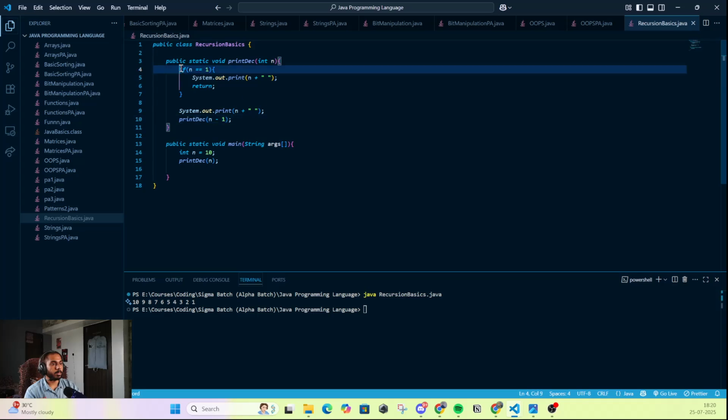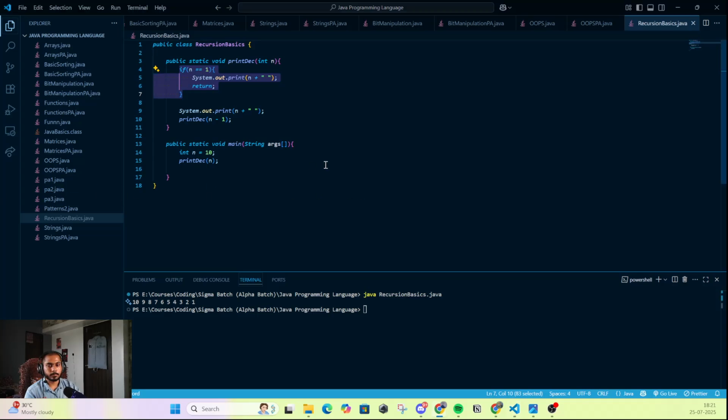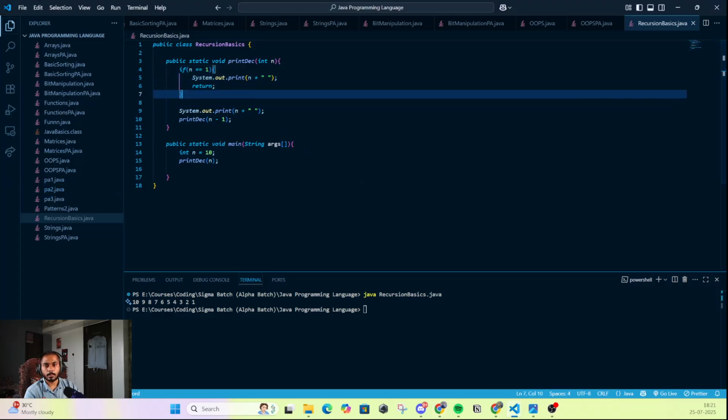So if we remove this base case, then it will go on and on forever, and then it will just crash. So yeah, that's the importance of the base case.